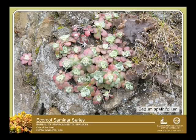And this is Sedum spathulifolium, we found out. And it's growing on another natural area, and you can see its characteristic. This is spring. And this little guy is coming out of some crack in the rock. So they like growing on rocks. They do send some roots down into areas that are cooler and moister, but they basically like that kind of